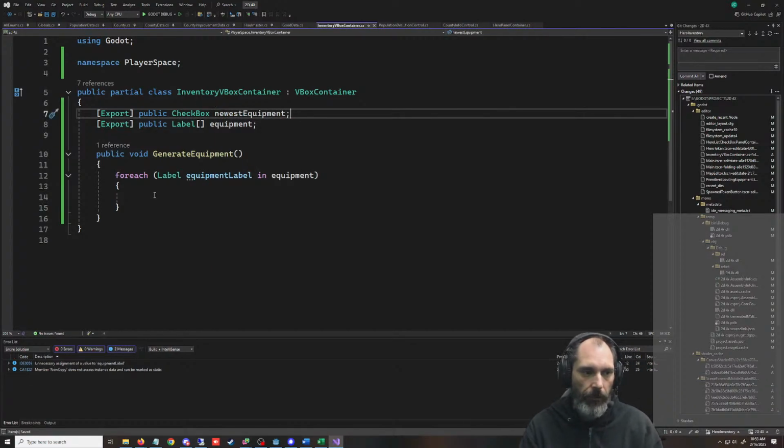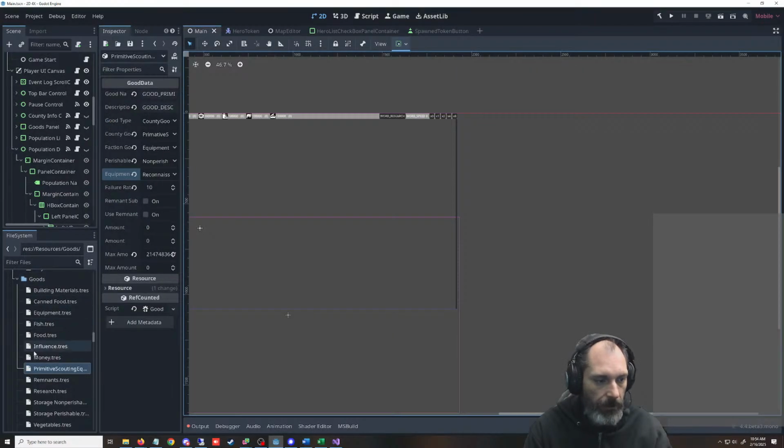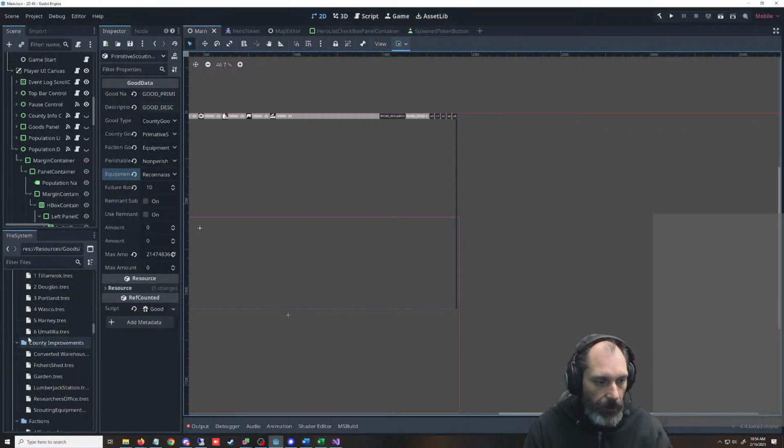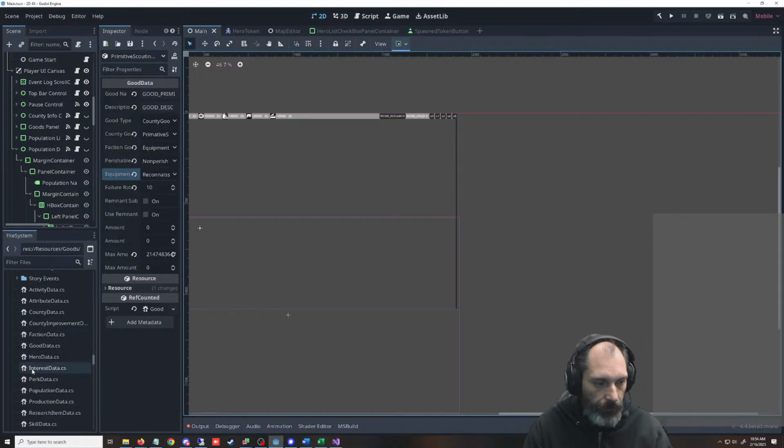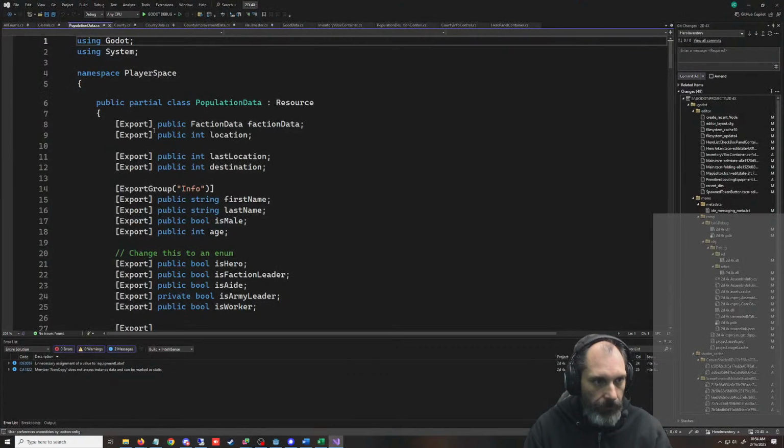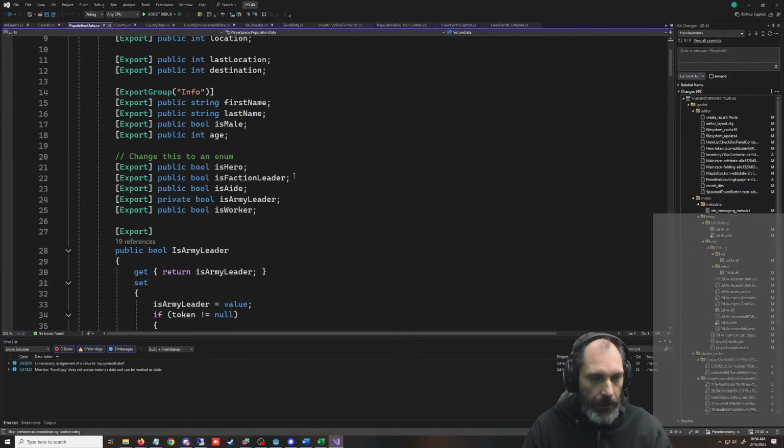And so we're going to also need to save this newest equipment per hero. So let's put that on our population data, wherever the hell that is. Wherever the hell our population data is. So we're going to need to save this.